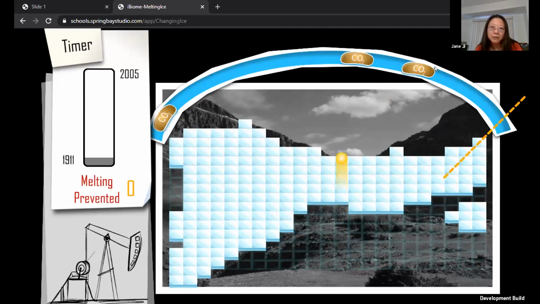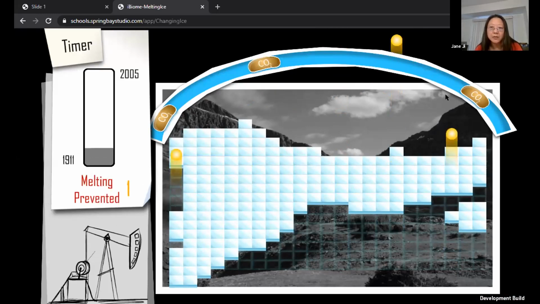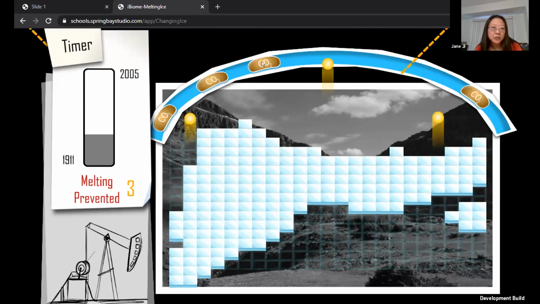You can see it represented by the CO2 in this arc. Your goal is to let the heat out, and this way you can prevent the glaciers from melting.